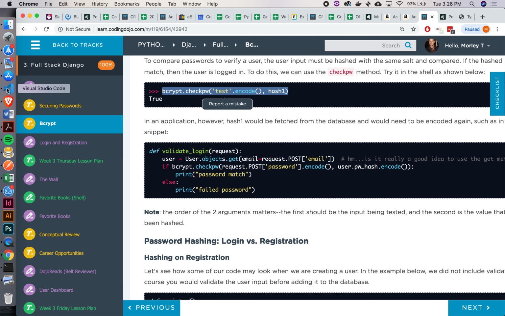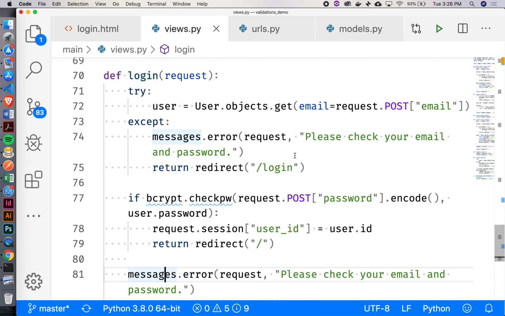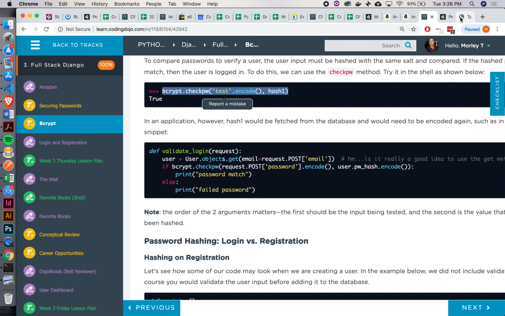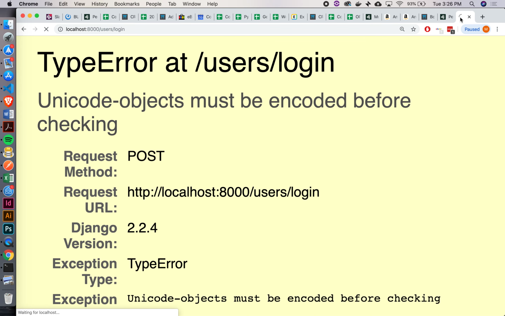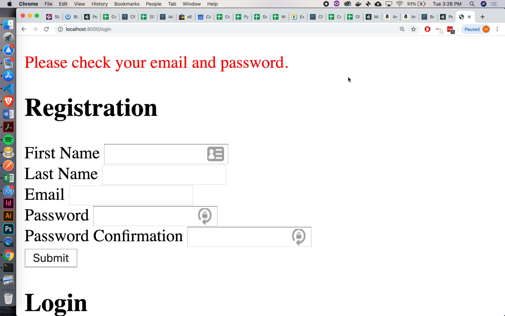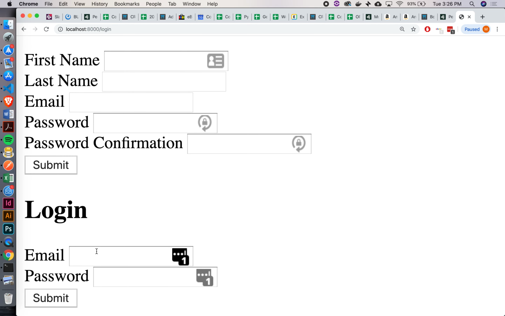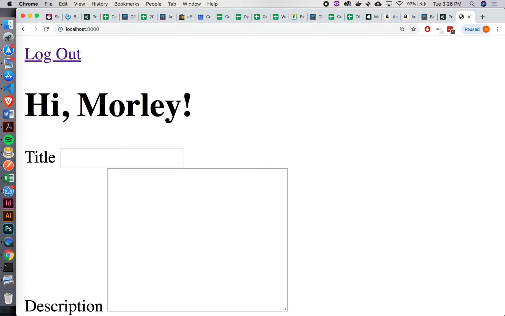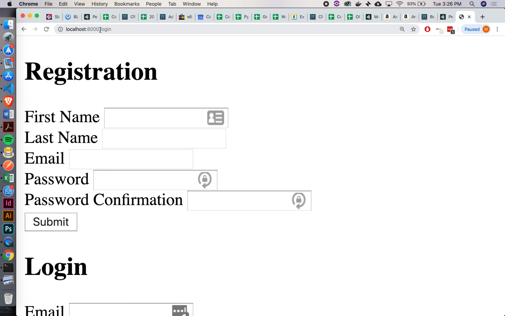All right, so let's go back to our code real quick. And I'm just going to add that in there, user.password.encode. Let's try it one more time. Confirm your resubmission. Okay, cool. So that didn't work, right? Because I knew that I was typing in a bad password. Let's type in a working password. Oops. Okay, that worked. Now I can log out, and again, if I try to go to that index route,